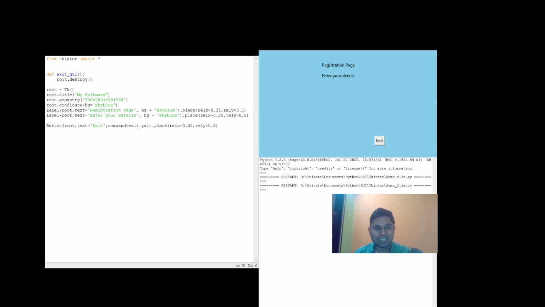So let's learn a new widget, which is the entry widget. We have already learned the label widget and the button widget. Now we want to enter some text from the user, so we will do it using the entry widget. Now before we do, let's